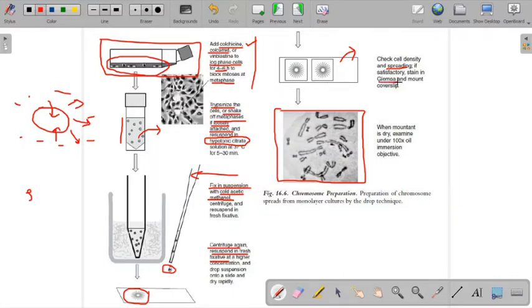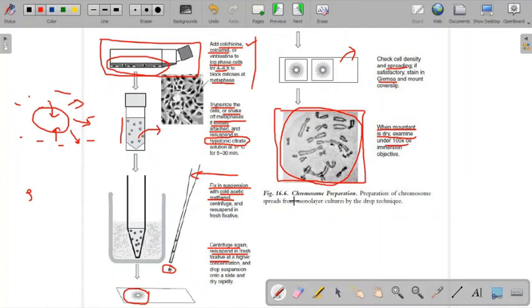Then we stain it with the help of Giemsa stain, which particularly stains the chromosomal body, or the DNA. Once we stain with Giemsa, we give a wash with tap water, or sometimes we also use buffer, and then we see it under the compound microscope under the 100x oil immersion objective lens. So this is the procedure. Once you get such a kind of spread, you can say you have succeeded in this whole procedure.